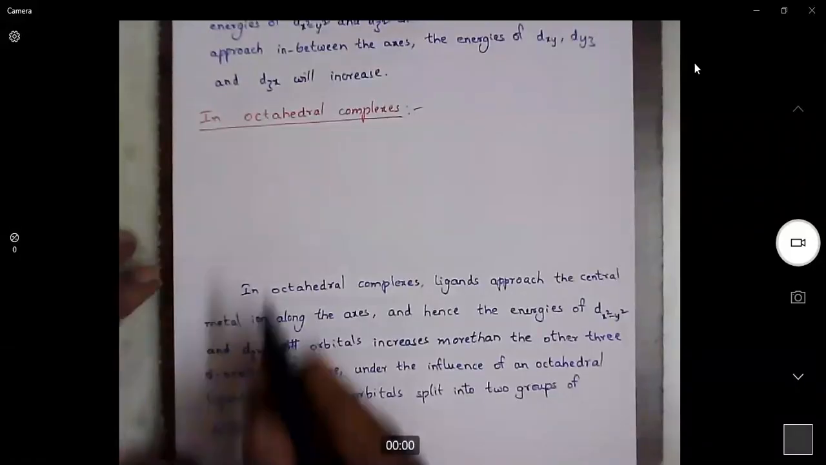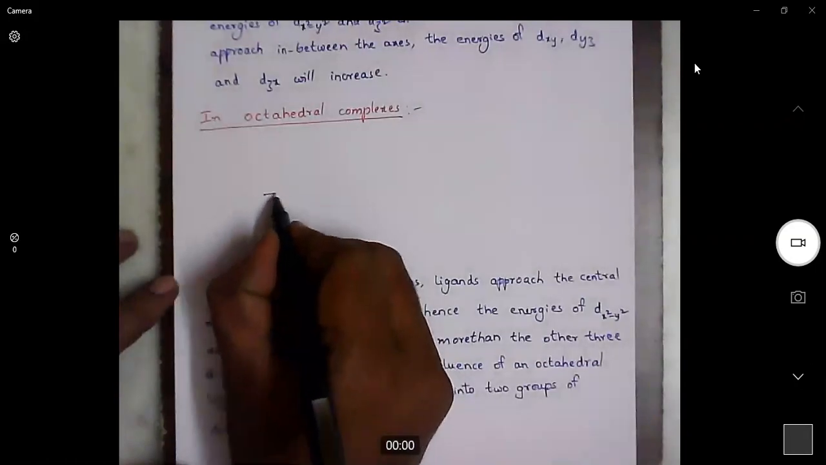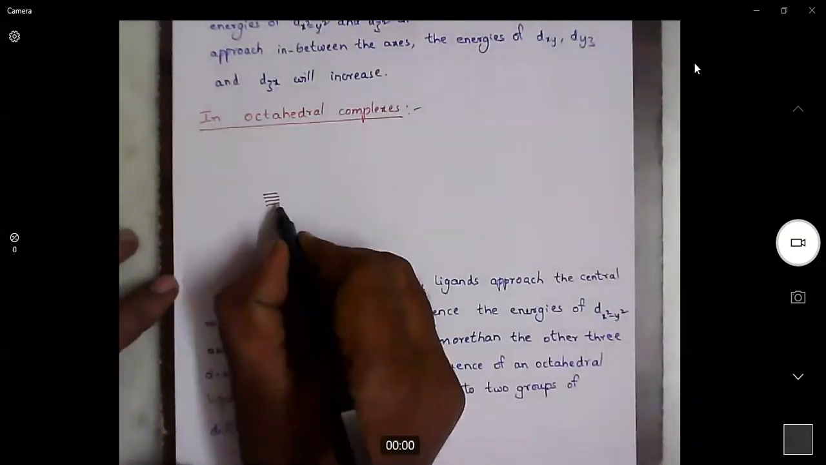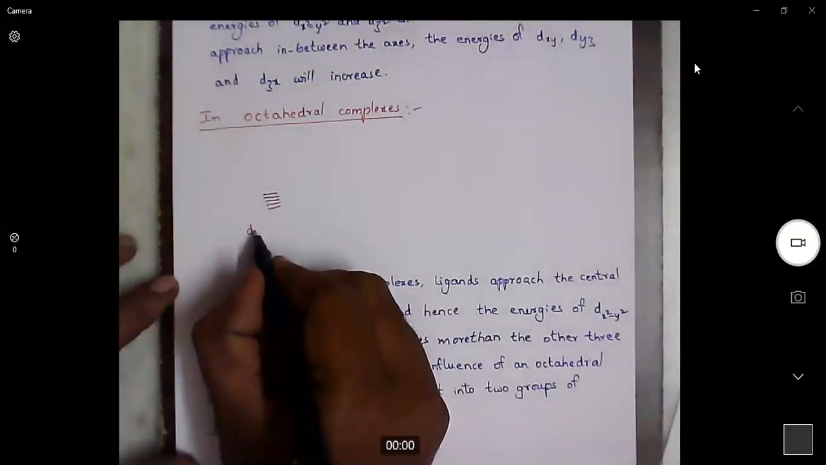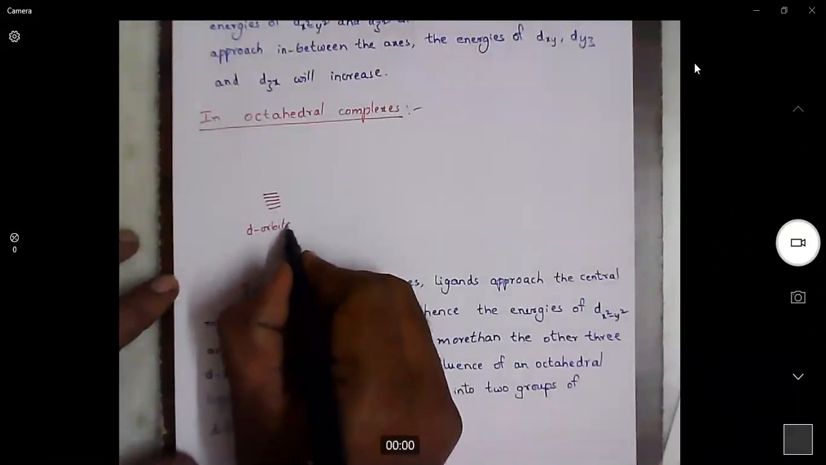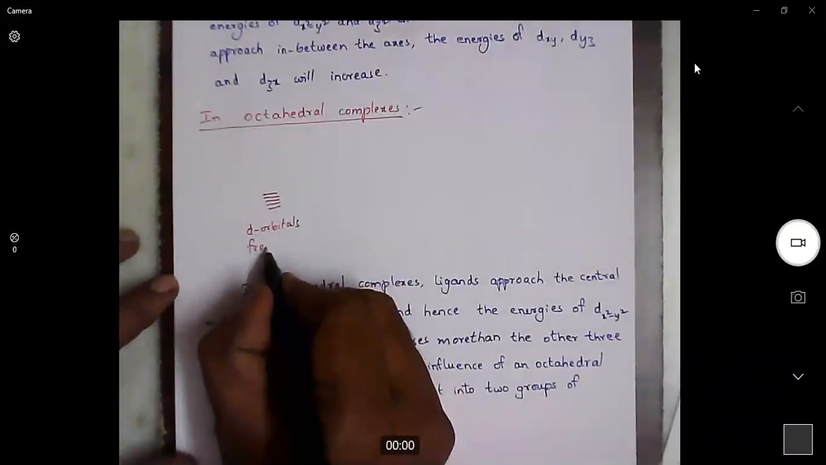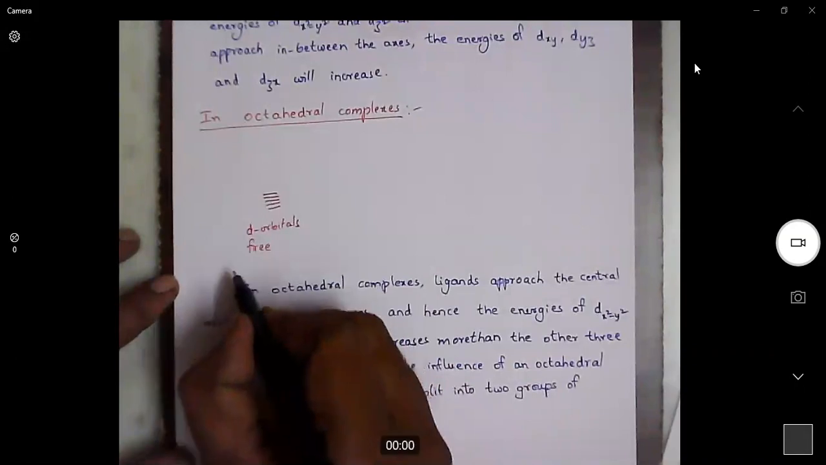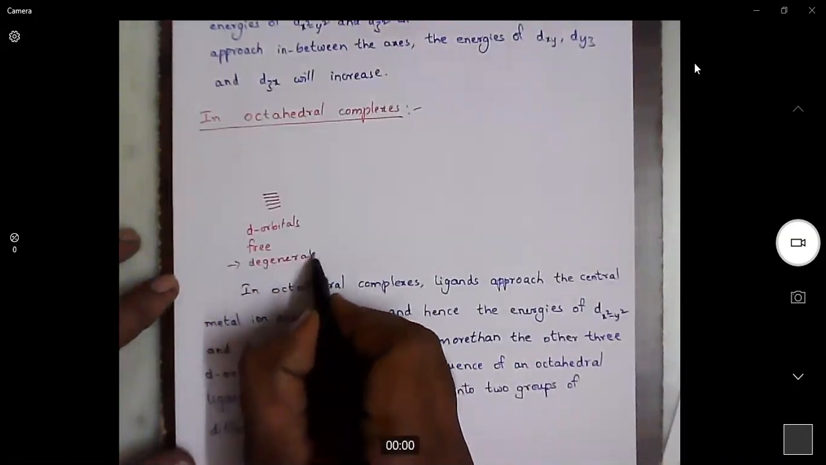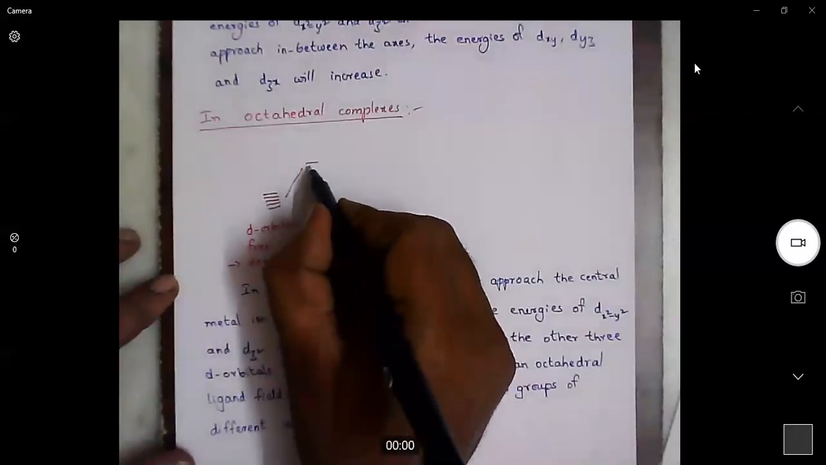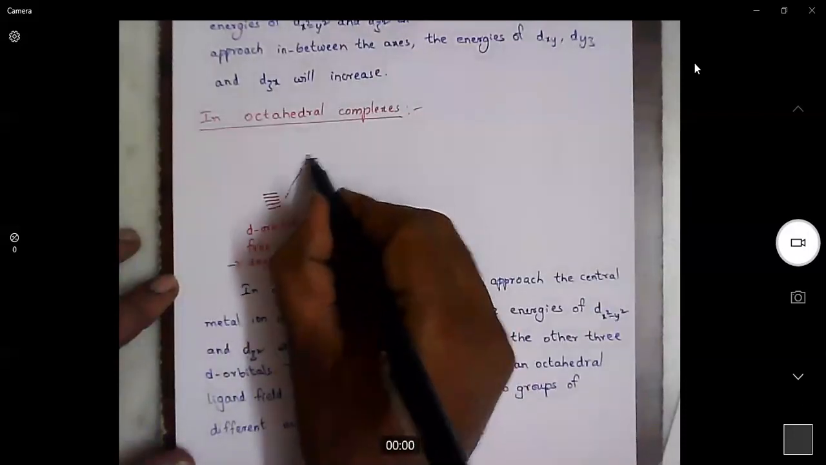When there are no ligands, these are the d orbitals, which we call free d orbitals. They are degenerate, that means they have the same energy. When there is a hypothetical spherical field,